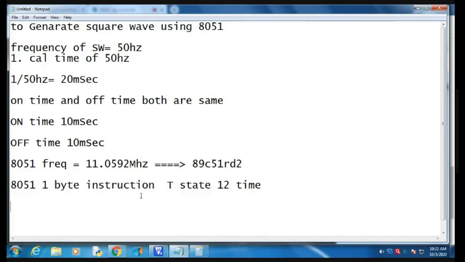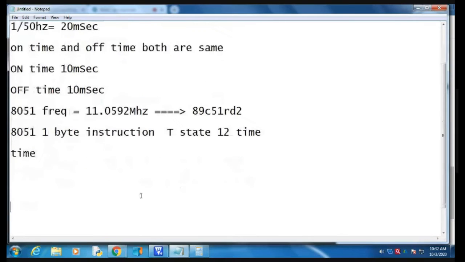So we calculate 11.0592 divided by 12. How much? It is nothing but 921.66